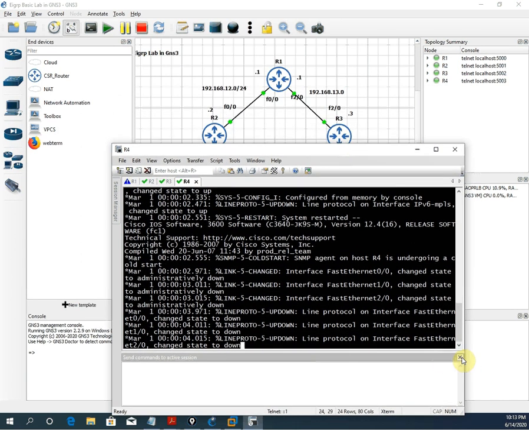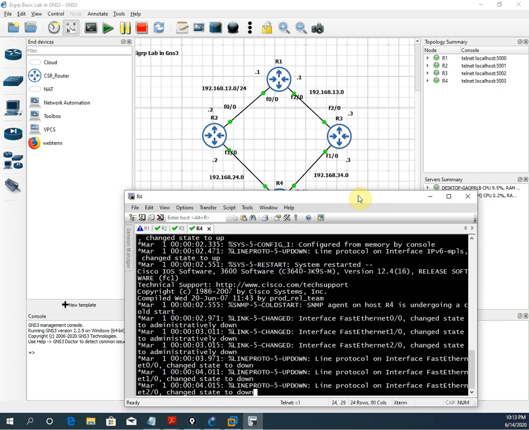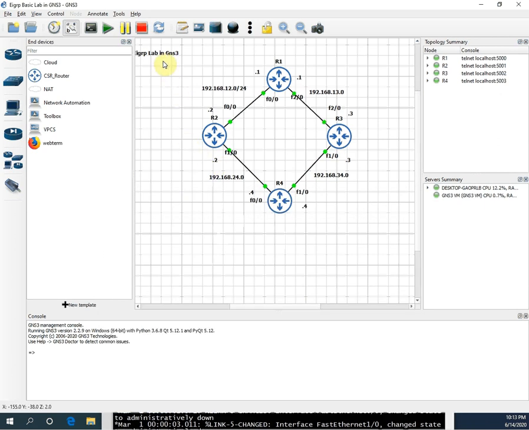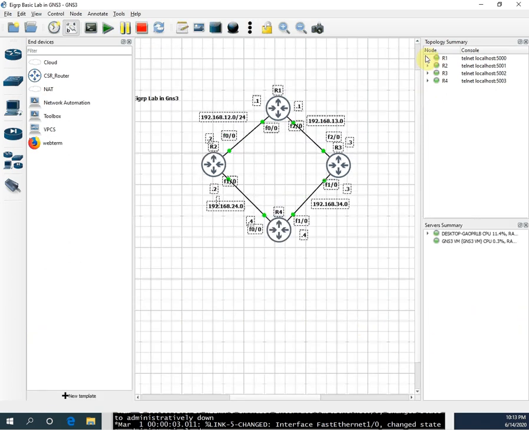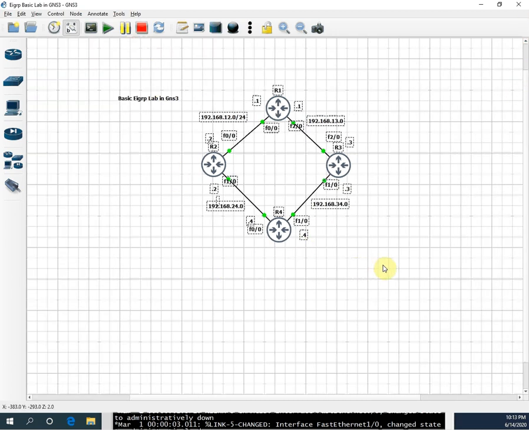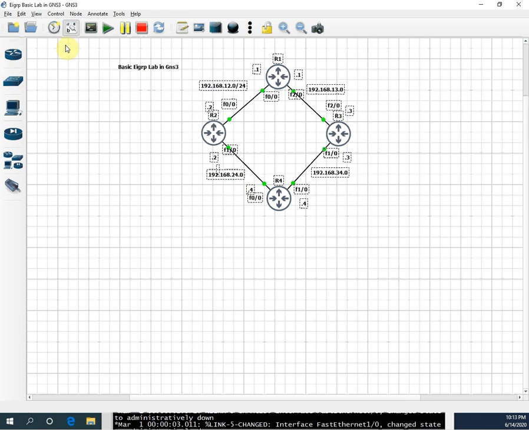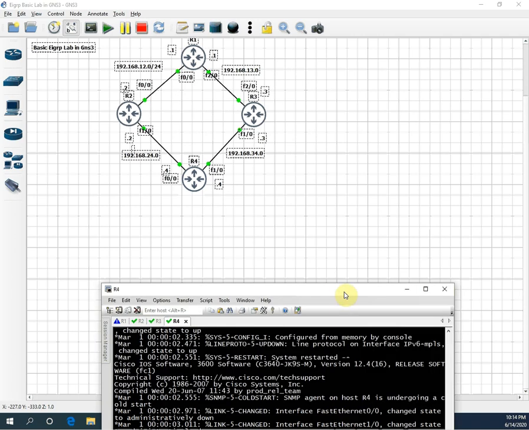Let me close this and move this down so you can see, or let me select all of this and move it a little up, or we can close this also. Later we can bring this back, no problem. So I hope you can see this in a good way now. Or let me move this here, a little here, so you have a clear picture of this one, and then we will have the console here.